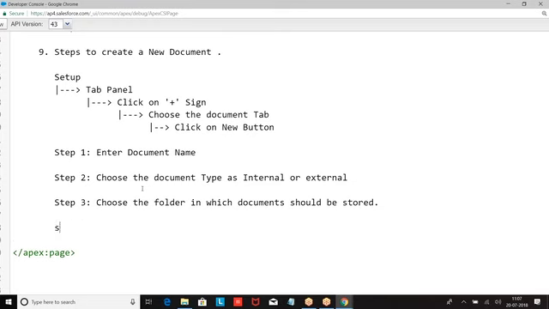Then choose the file, enter the keyword. Using this keyword, we can search for the document